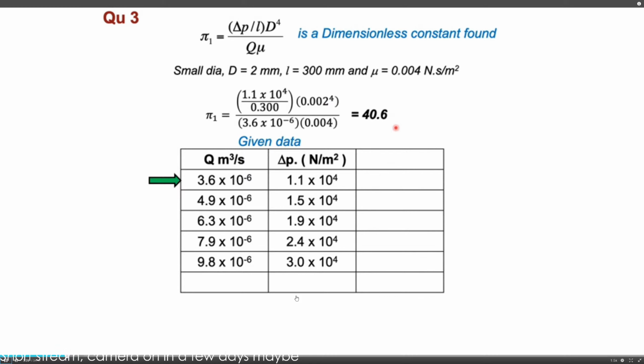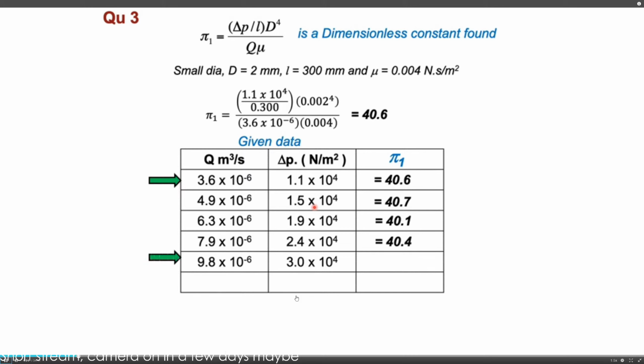The pi group is a constant. So this becomes a constant, 40.6. First pi group, 40.6. Now, if you substitute the value of 4.9, the corresponding pressure drop becomes higher, and it yields 40.7. Okay, and then the next one. At a higher flow rate or greater pressure drop, it is 1.9. The constant is 40.1. At the next higher flow rate, 2.4, the pressure drop yields